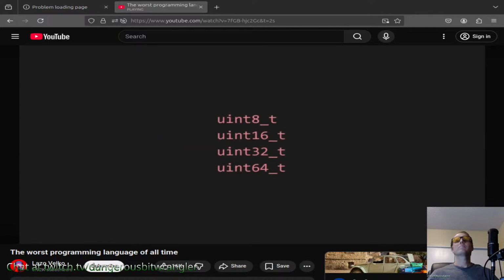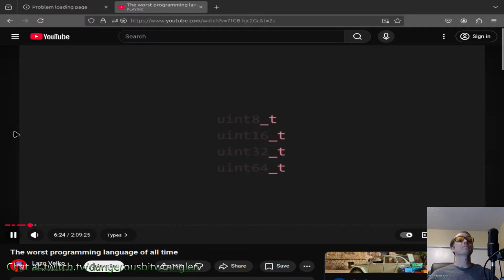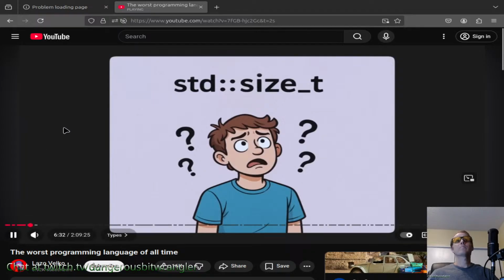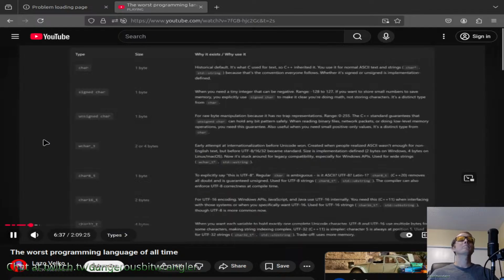And I hate how fixed-width integer types have an _t suffix. I mean, come on guys, we're not in the 90s anymore. Beginners also find it weird how getting the size of standard library data structures returns a size_t instead of an integer, which can also be of various sizes depending on the hardware. At some point, you'll